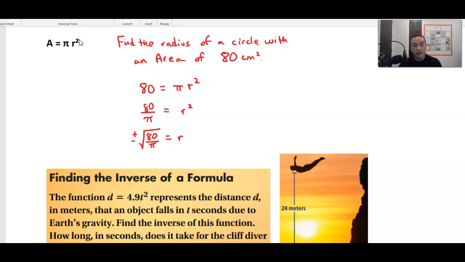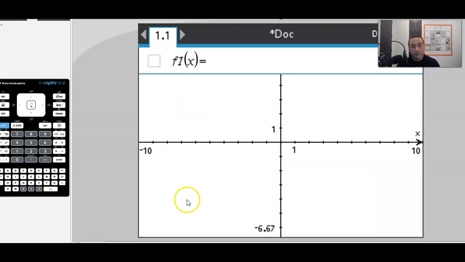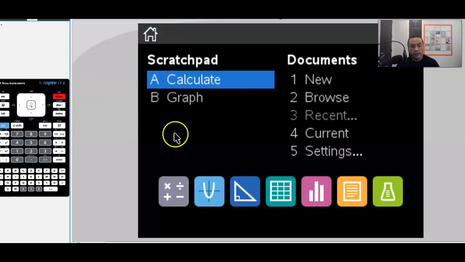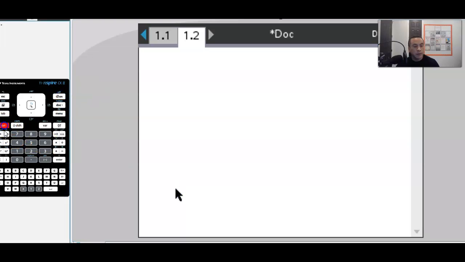Now remember the radius cannot be negative. So basically we're just going to get the principal root, which is the positive root. We don't have to worry about the negative because there's no such thing as a negative radius. So whatever the square root of 80 over pi is, that's going to be the radius. Let me get a calculator here. The square root of, control divide, 80,